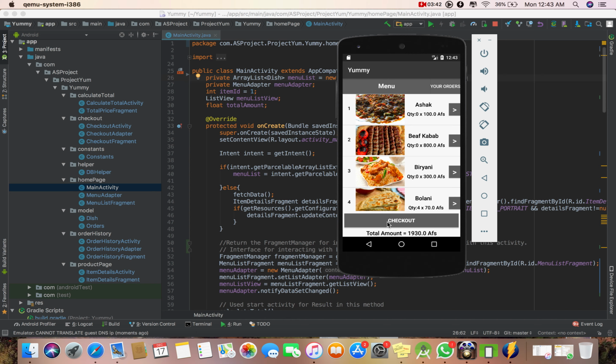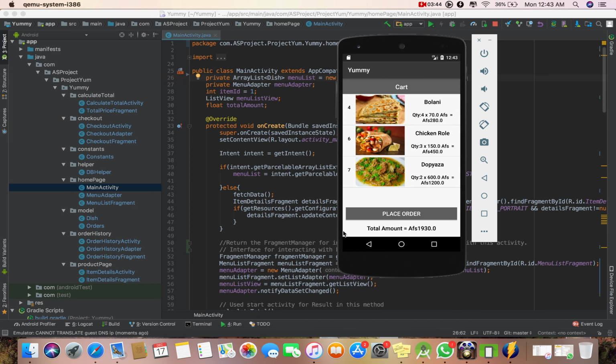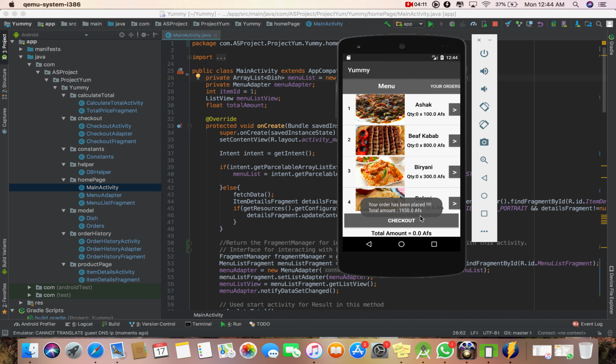I'm going to check this out and go to my cart activity, or cart view. It tells me the quantity, the price, and also which food items I have in my cart, and this is the food item number. I have the total amount, and I'm going to place my order. I'm sure I want these things. Okay, I place my order, and it pops up that you have successfully placed your order,